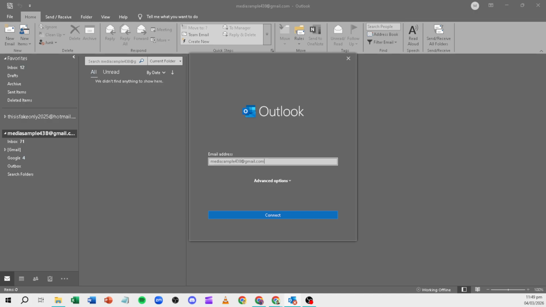Next, you'll see a permissions screen. Select all to grant Outlook the access it needs, then click Continue. Granting all the listed permissions ensures emails, contacts, and calendars can sync smoothly, and features like sending, searching, and scheduling